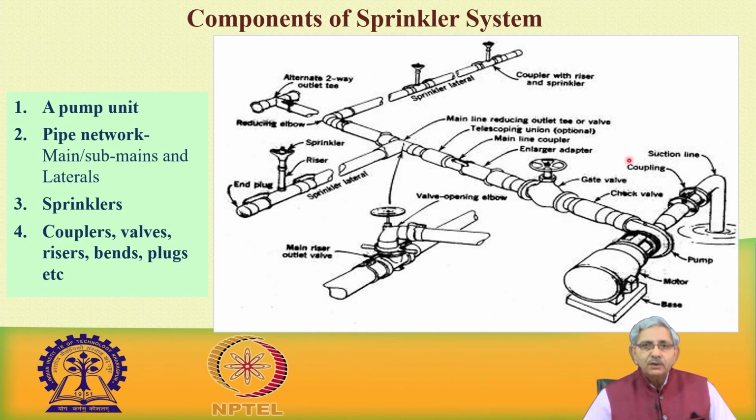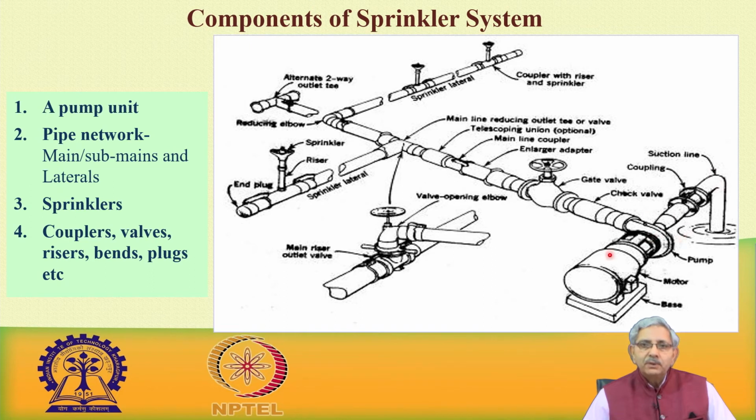Now, we learnt in the previous part about the different types of micro sprinkler irrigation systems. Now, let us come to the sprinkler irrigation system components. So, a typical sprinkler system takes water from a source. This source of water can be a well, a pond, a reservoir, or a flowing stream, and then there is a pump.